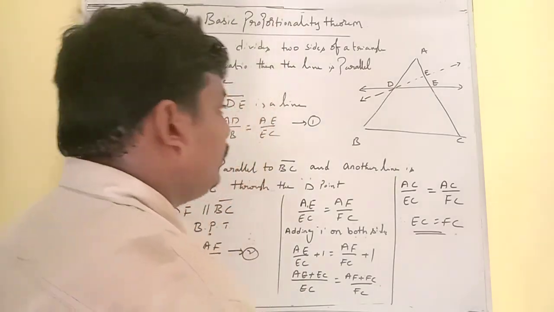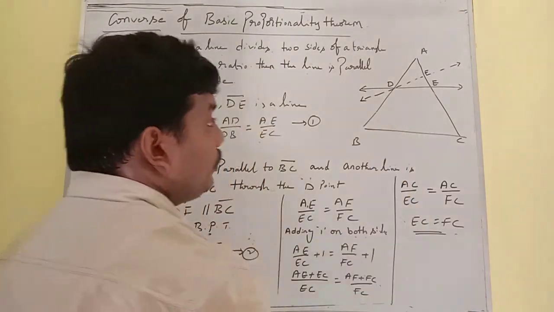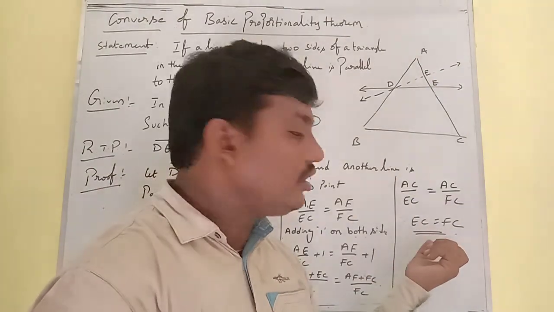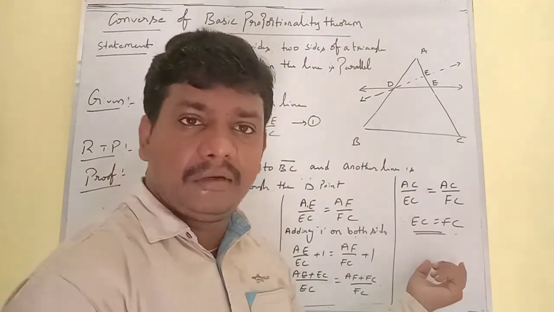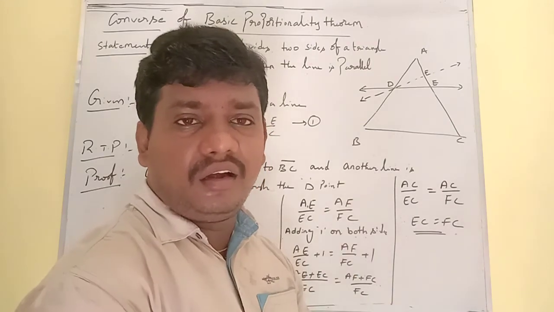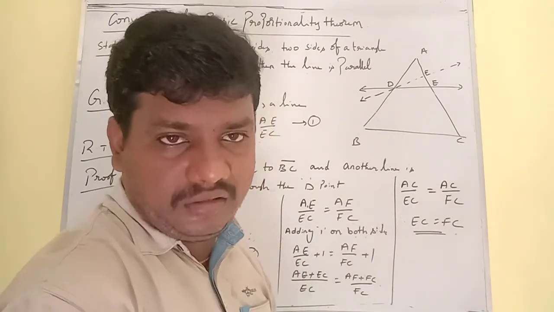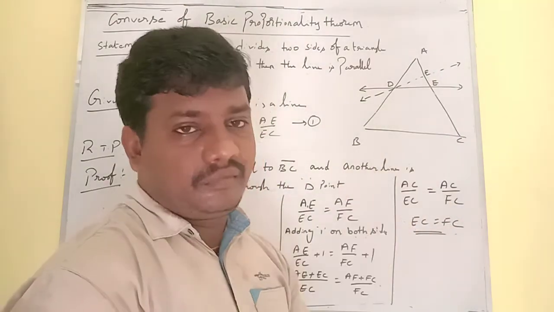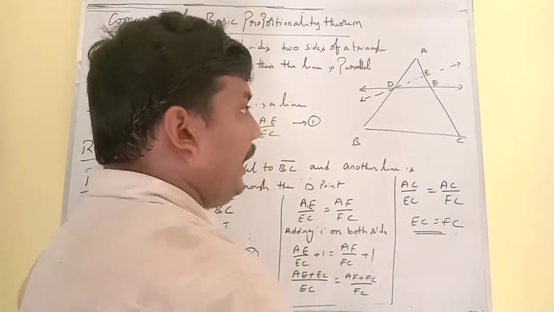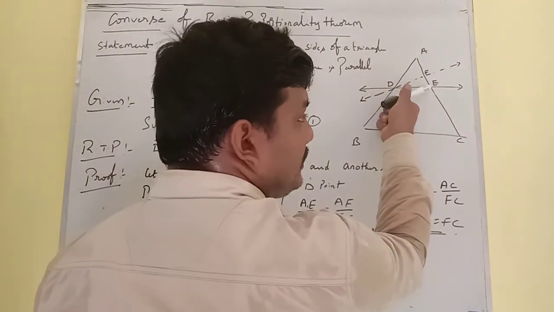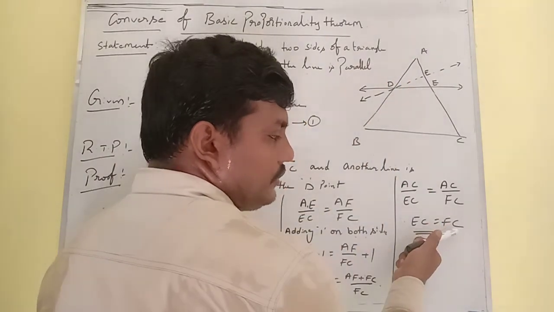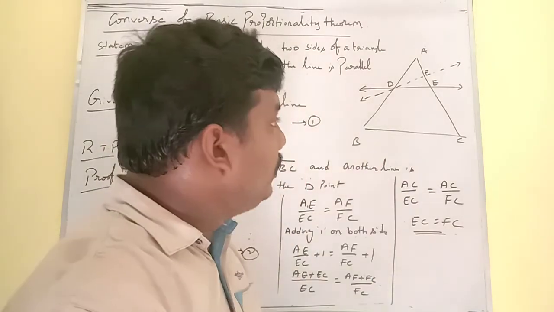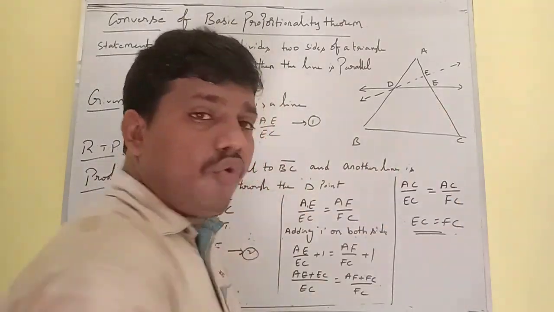So this wrong statement is arising due to our wrong assumption. This wrong statement, actually from the diagram it is wrong, but theoretically it is a correct statement. So this contradiction means false. It is clearly observed that this is false when compared to the diagram. The diagram says that EC is less than FC, but here FC is equal to EC. It means that it is possible only when E and F coincide with each other.